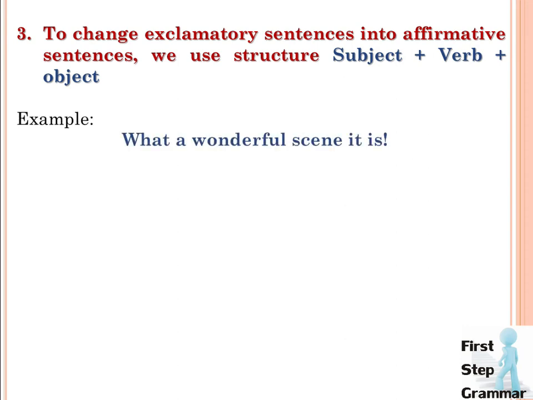Now, as you know very well, this is an exclamatory sentence which is describing a noun scene by using an adjective wonderful, and you can see the subject it and the verb is are used at the end. So if I want to change these sentences into affirmative case, we will use the structure subject, verb, and object. Means it will come into beginning, after that we will have the verb is, and a wonderful scene as an object will be used, and the sentence would be it is a wonderful scene.